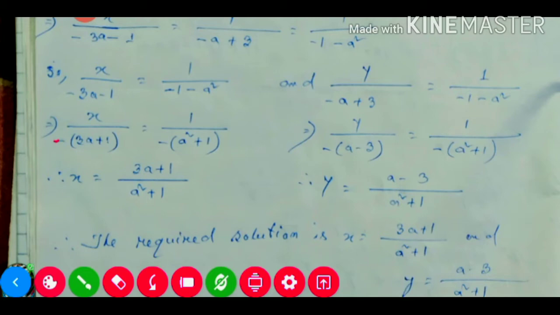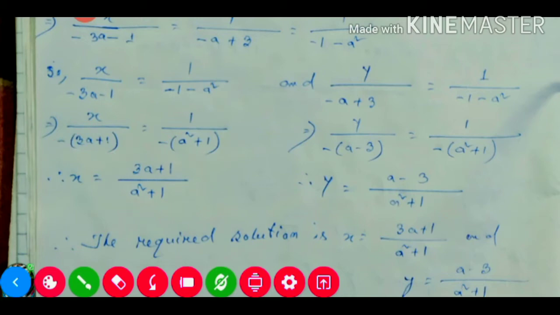Is equal to this part also, we will take minus as common, so a square, this one we are writing first, then plus 1, because minus minus plus 1. Now both sides minus minus will be cancelled. Therefore x will be this portion on top and this one on the bottom, because of cross multiplication we are writing this one directly. We are not able to reduce more, so here only it is finished.